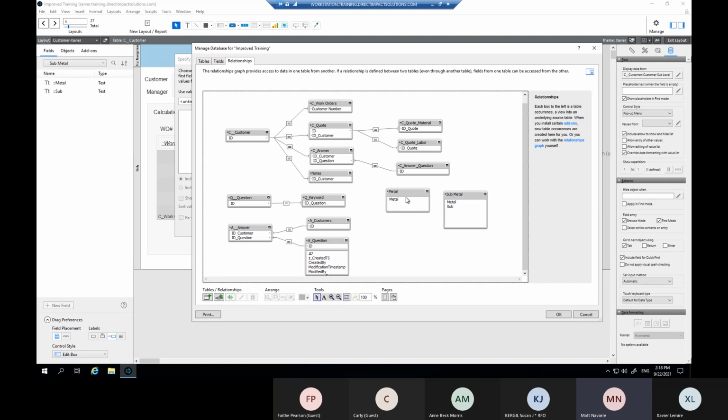And then when you go to your graph, weirdly, you don't need a relationship between the metal and the submetal table. It's actually a good idea to do it anyway. So go ahead and make a relationship there, because when we're doing data entry to maintain what metals and submetals exist, it's kind of nice to see them that way. But for this value list to work, we actually have to have a relationship from